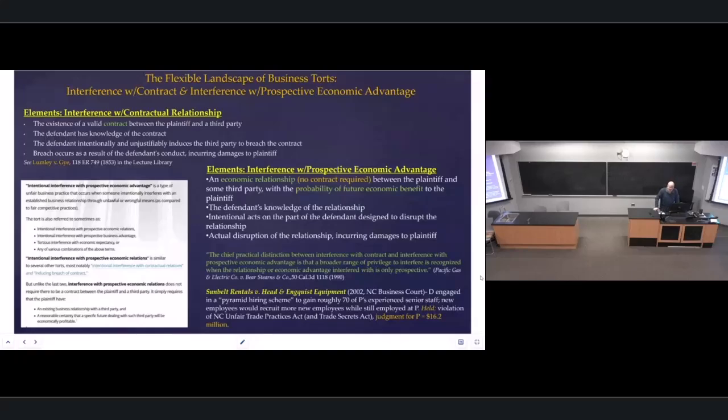If you notice the description in the case, Sunbelt, when they figured out what happened, sued Head and Inquest under the North Carolina Unfair Trade Practices Act, which is a statutory act, but it includes the common law tort of interference with prospective economic advantage. They said this was not ordinary business. This was a purposeful attempt to sabotage us, to sort of take our place instantaneously by hiring away employees they